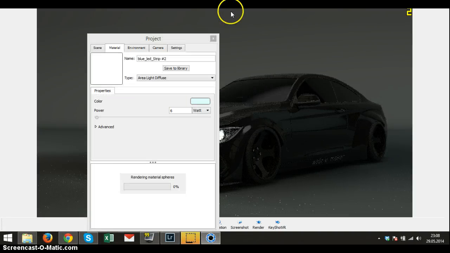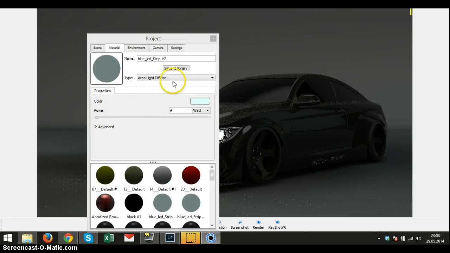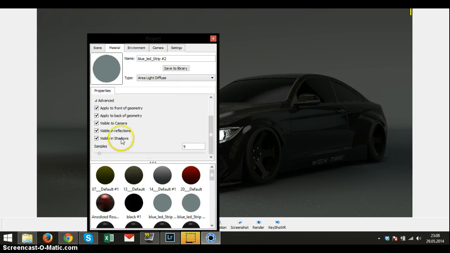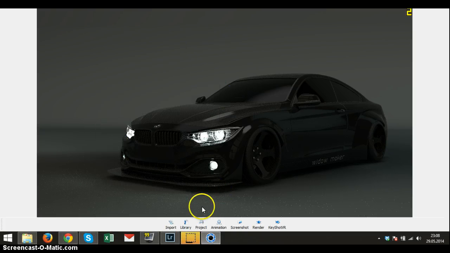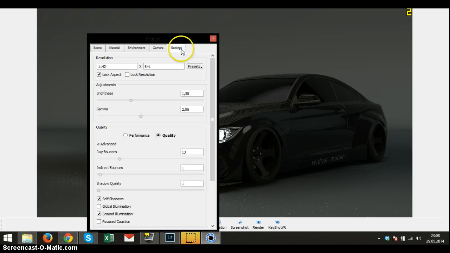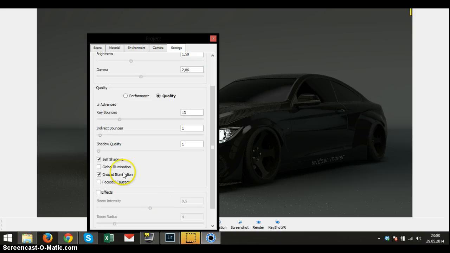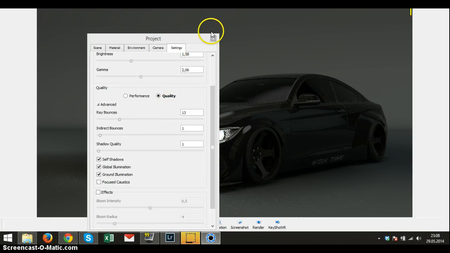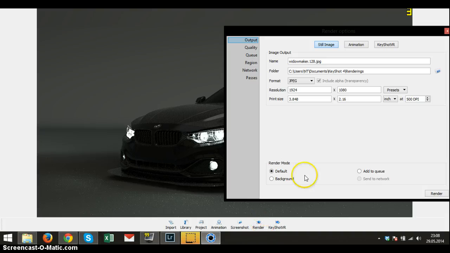Okay, so here's the material. You're gonna have to set area light diffuse, power like 6 watts, and all these settings you see right here. Now let's go into project, let's go into settings, and also ground illumination, self shadows, global illumination, and after that, when you have your car, just render it like you see before,